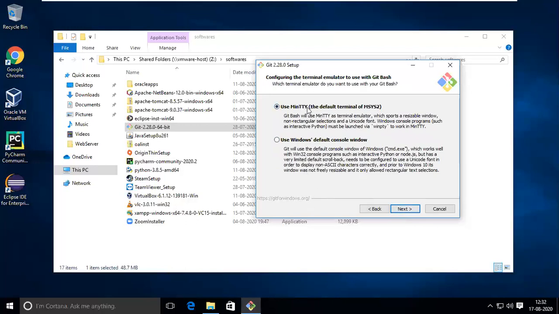Okay, you want to use MinTTY for the terminal, or the Windows default console like CMD. So I'm using the Windows default because I'm using the Windows operating system. Here I'm using the Windows default console window, or you can use the other one, but you must download MinTTY. You can use anything, no problem. Okay, Git Bash use